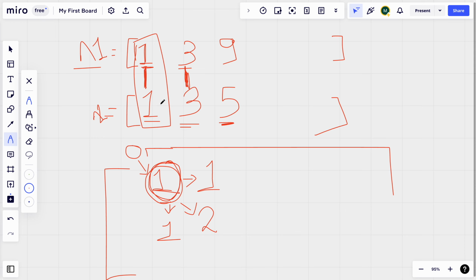So the connection between 9 and 1 cannot be established. However, even though we do not establish the connection between 9 and 1, we can still establish the connection between 1 and 1, right? And also like